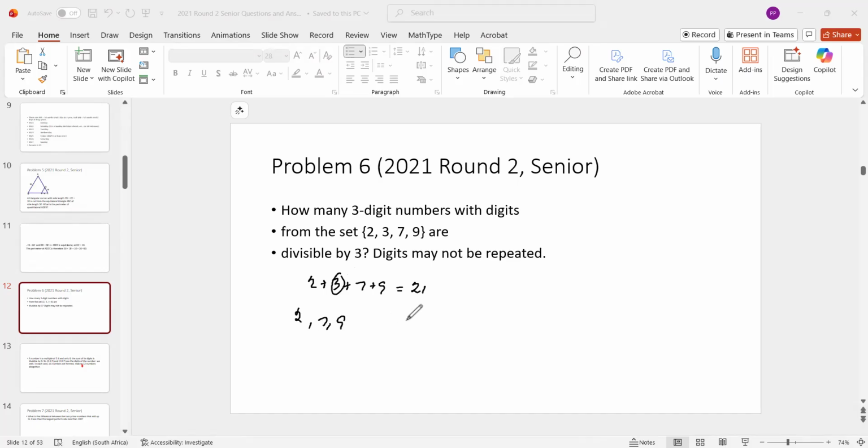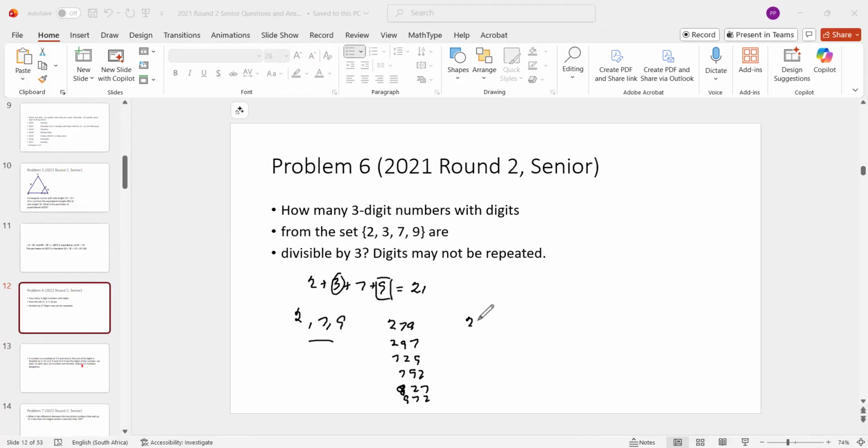Those 3 numbers add up to 18, and no matter which way you arrange them, you've got a number which is a multiple of 3. So all the arrangements are 279, 297. Starting with 7, you get 729, 792, and then starting with 9, you have 927, 972. So there are 6 numbers using these, or you can remove 9,